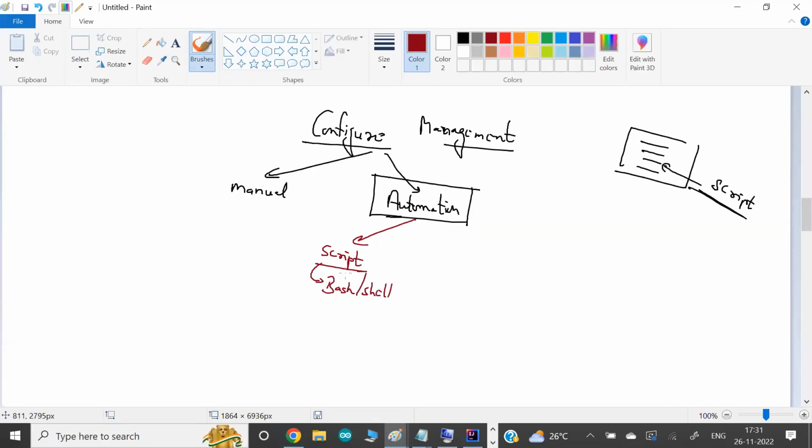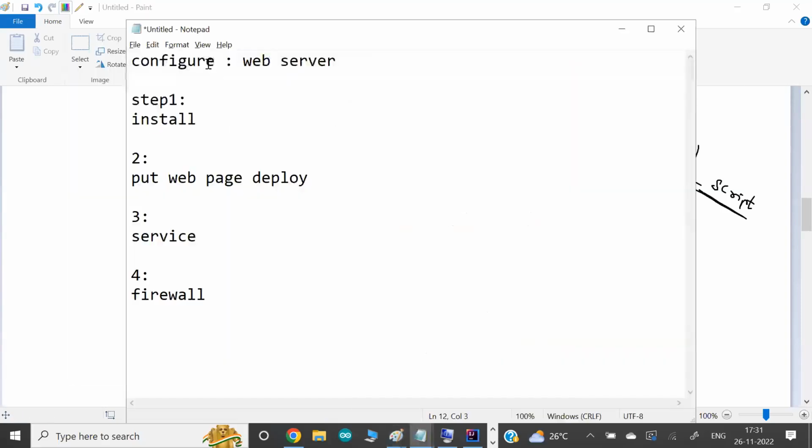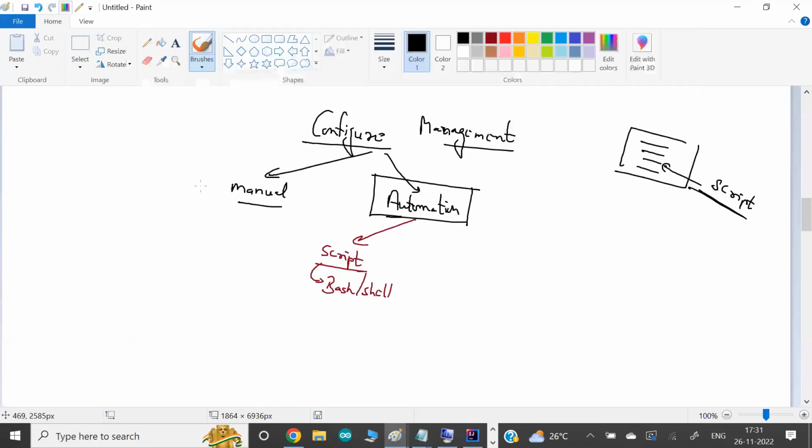what do they provide you? They provide you automation. It means whatever you're doing manually, let's say these are the steps you're doing manually for setting up a web server, you put those commands into some file, and this file becomes a script. What will a script do? It will do the setup how? Automatically. So the point is, again, automation is not a new world. It has been there for more than 20 years, more than 25 years, I can say.